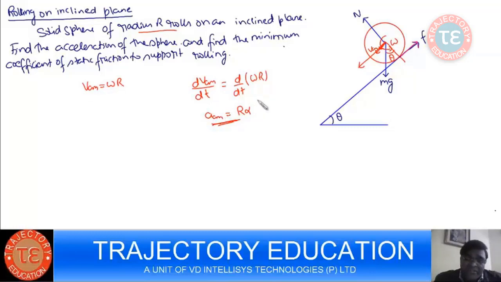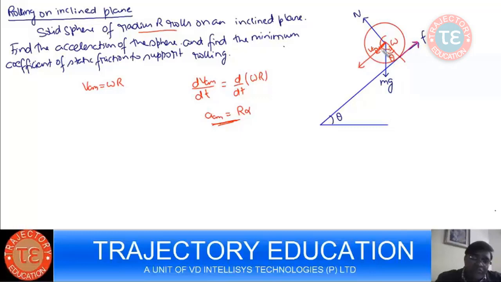So F is going to act in such a direction and such a magnitude that VCM and omega r will increase at the same rate. See, in absence of friction,